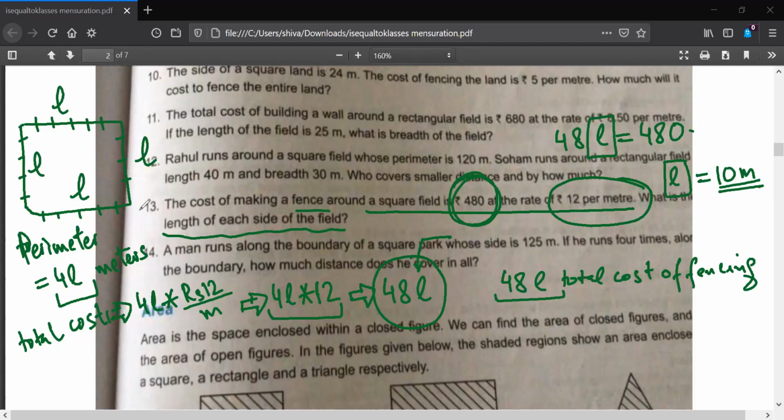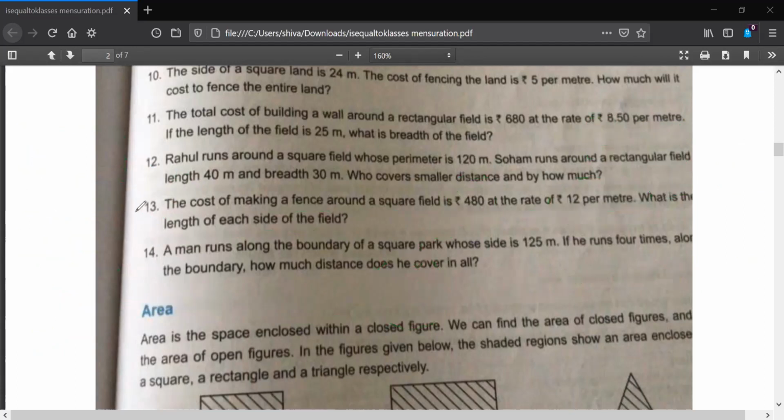Sarthak, this is a bit difficult question. You can try to do this question again. You can try to look at this video again and try to understand this question. If you still face any difficulty, we will do this question again, not an issue. Could you do this question?